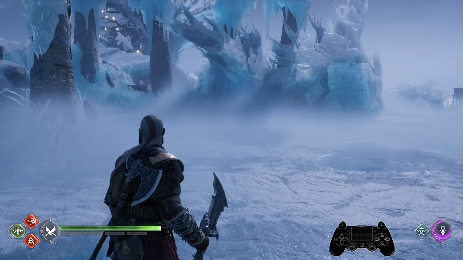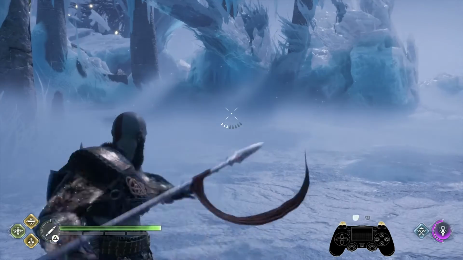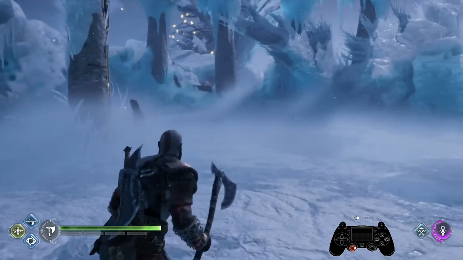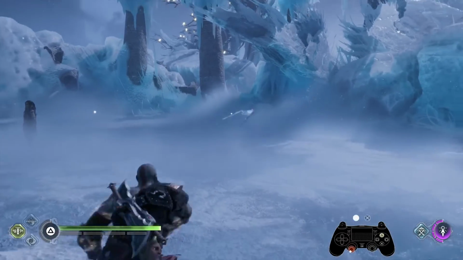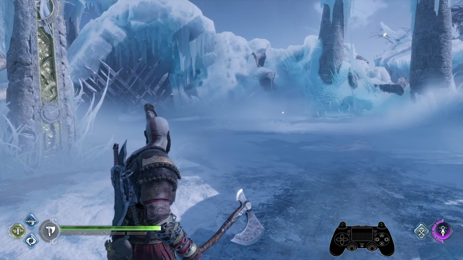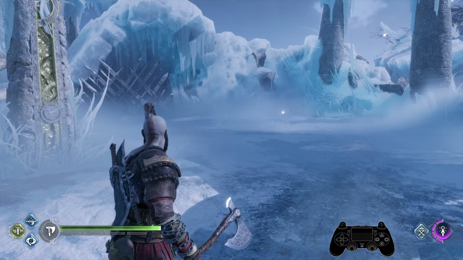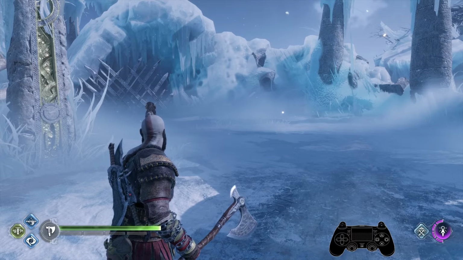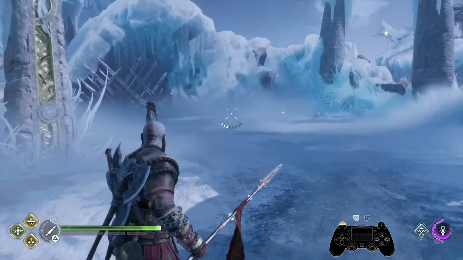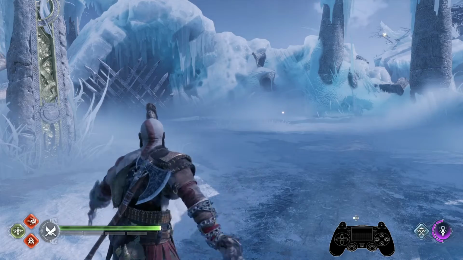Alright, so this next one's going to be similar to the last animation cancel. This one's going to be involving the L2 R2 with the Draupnir Spear and the Hyperion Pull. So you're going to start it off the same way you do the other ones, where you input the kick before you catch the axe. And the continuation of that is when you switch over to the Draupnir Spear, you're going to click L2 R2 to start this animation, and then you're going to switch over to the Chaos Blades to do the Hyperion